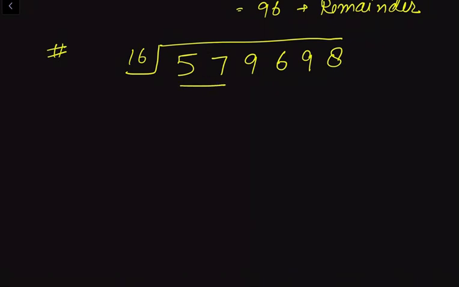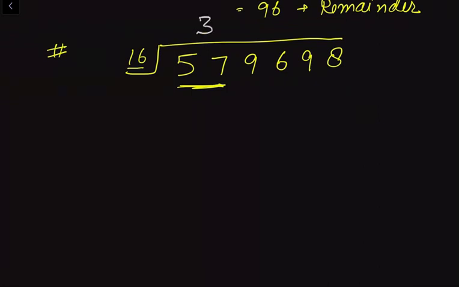First take these two numbers and now take the table of 16 for 57. We know 16 4 ja 64. 64 is greater than 57. So we will divide it